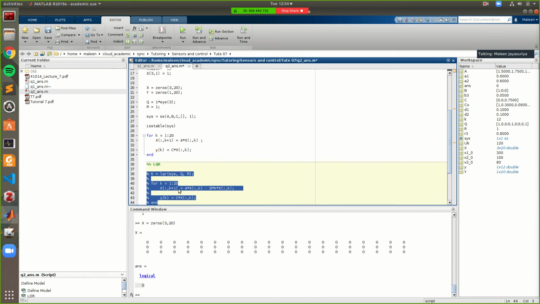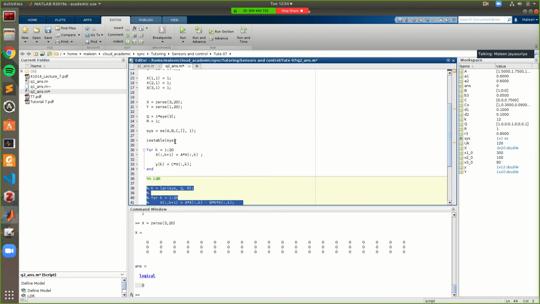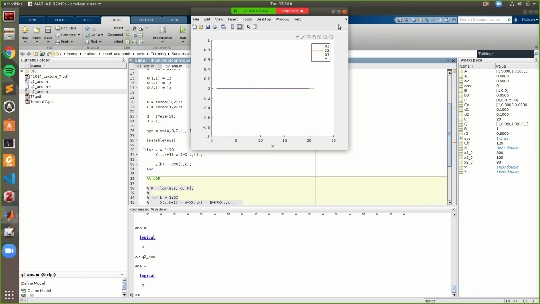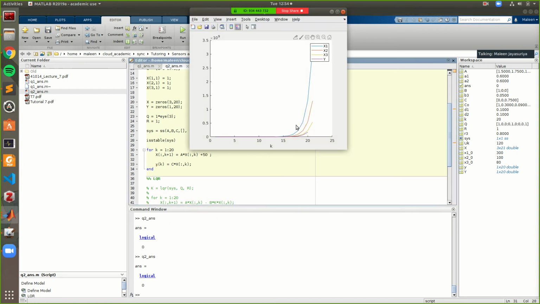So this is the open loop system. I'm not doing any LQR. I'm just going to look at the open loop system with a 0 input and see how the states evolve. Actually, let's give it some sort of input. And you can see that the system is completely unstable. The states are all blowing up uncontrollably.